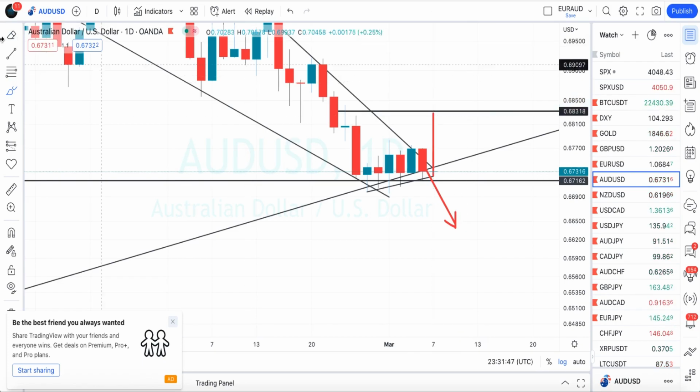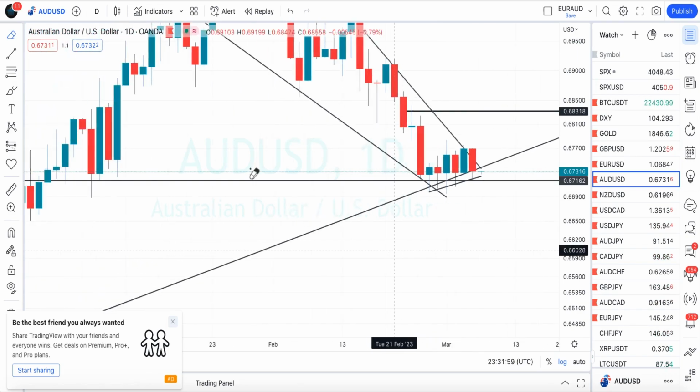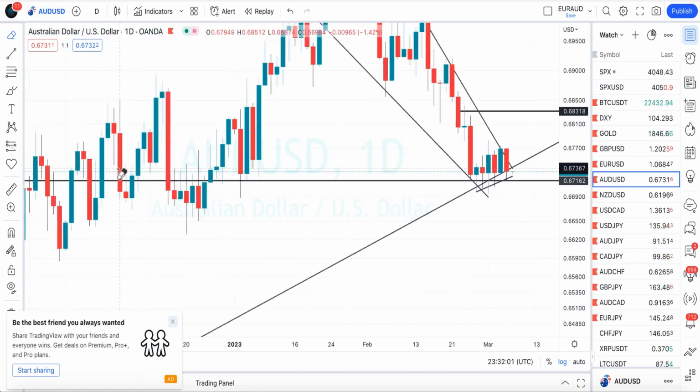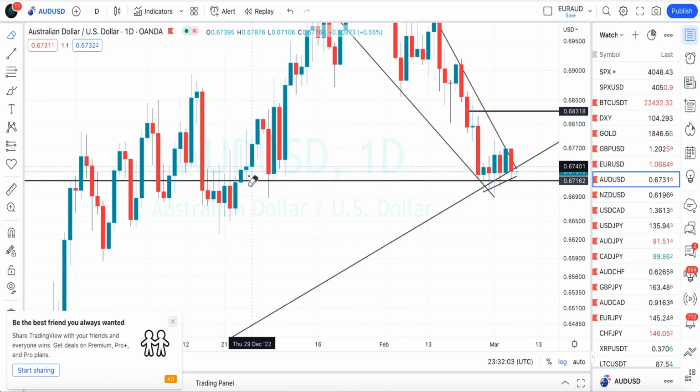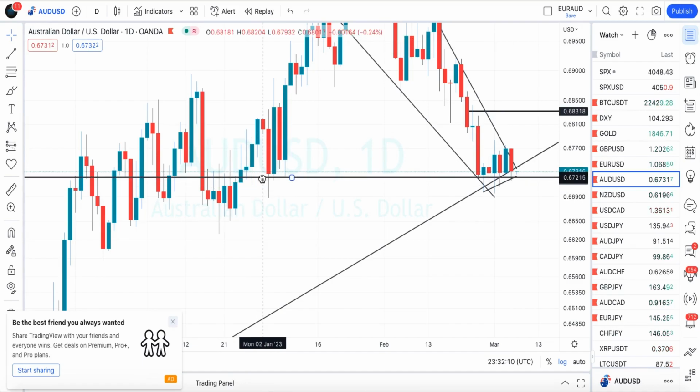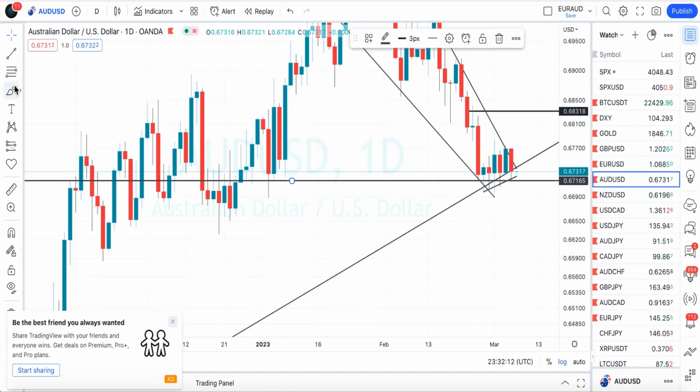Maybe there will be a breakout or there will be a rejection, and at the end of the day we might see a very big rejection to the upside or a very big momentum breakout to the downside. But as you can see, this plays a very strong support level because we have so many rejection candles here which reject at this particular area,